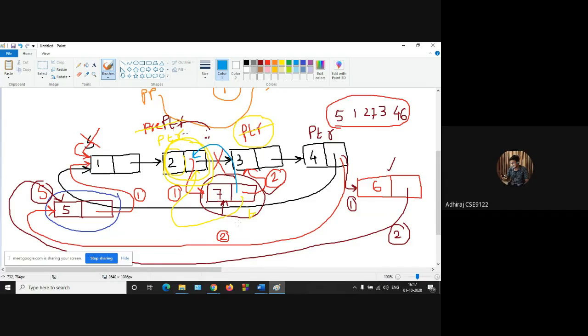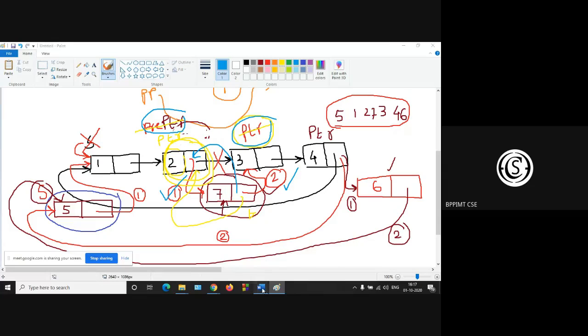I showed with two pointers that pre-PTR is one, and this is your PTR, okay? So after a given node, the given node is treated as pre-PTR. Then the first condition is that pre-PTR next is pointing to the new node. So pre-PTR next is new node, so this connection is established. Then new node next is PTR, so this connection is established. Okay, so this is one technique. But try the way Adhiraj is suggesting as well, okay?